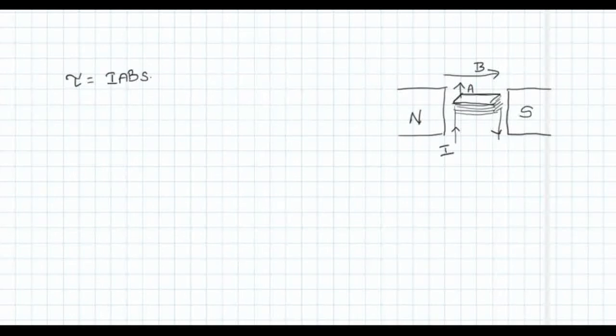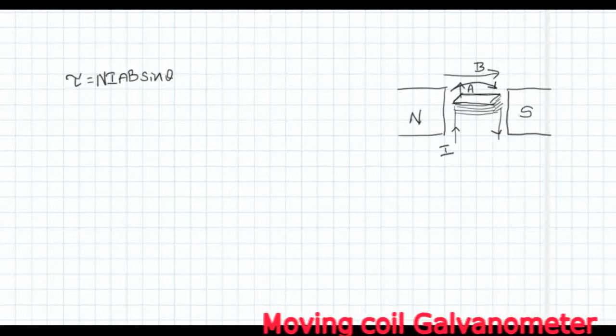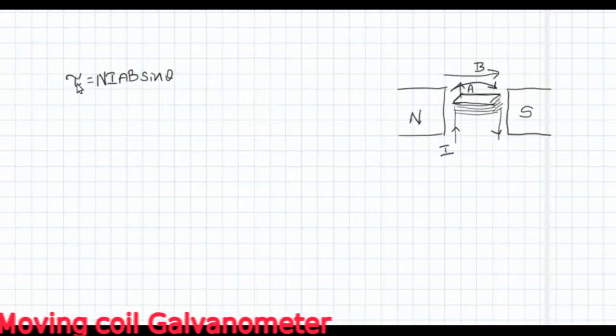Torque tau is equal to IAB sin theta, and if there are n number of turns, this torque will be n into IAB sin theta. In this case, the angle between this A and B is 90 degree. Now if there is a current flow through this coil, because of this torque,